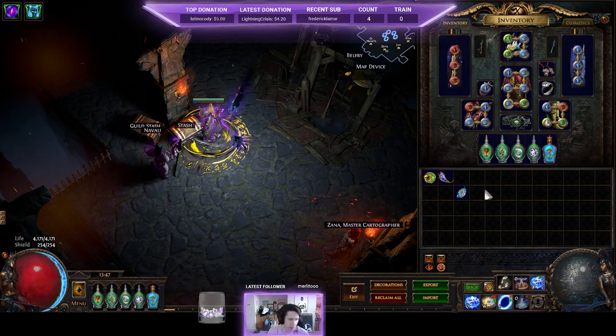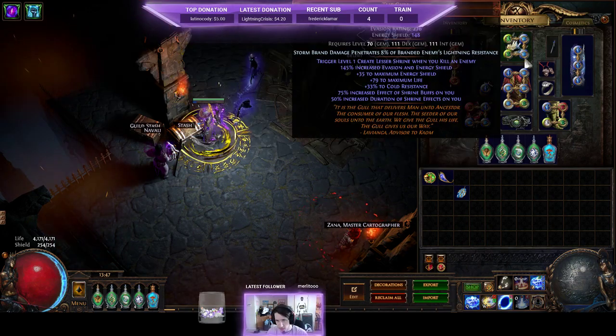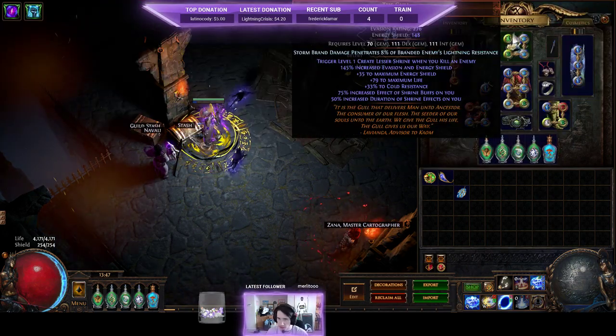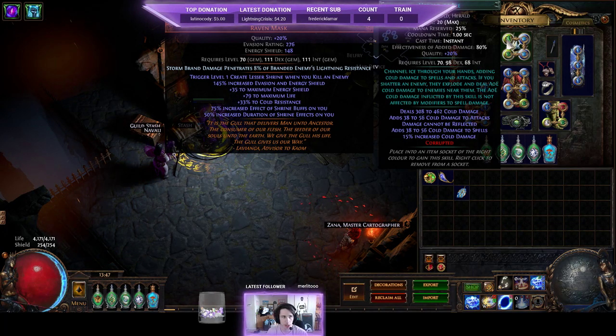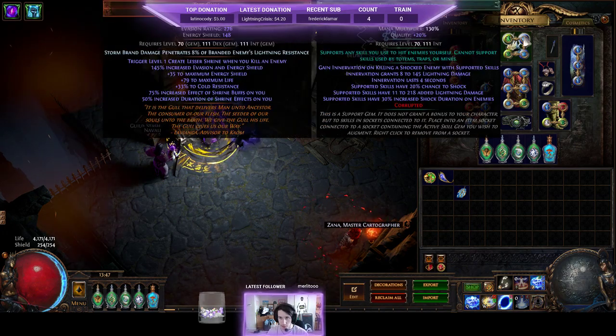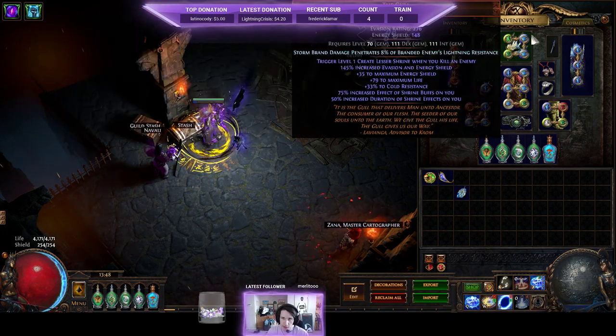The next link I want to explain is the Herald of Ice. Herald of Ice, I have it in my helmet. As long as it can fit somewhere, it doesn't really matter where you put it. It's a 4 link. Herald of Ice reserves a lot of mana for us because we have it linked to very big supports, and it's Innervate and Ice Bite. Innervate: